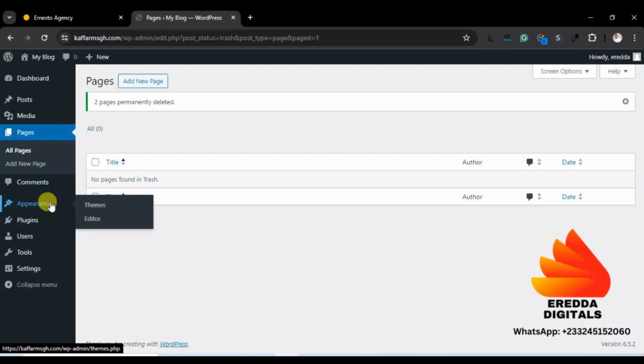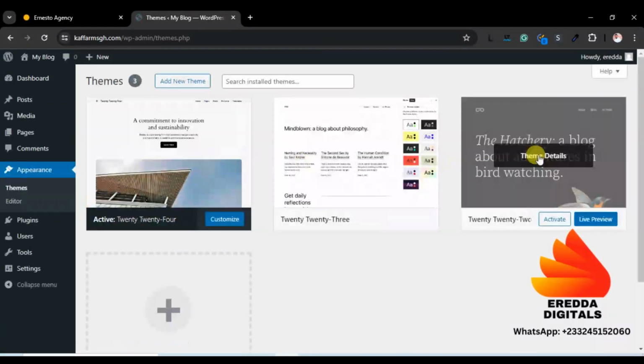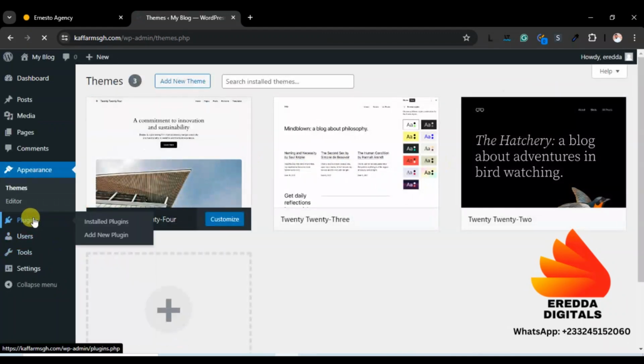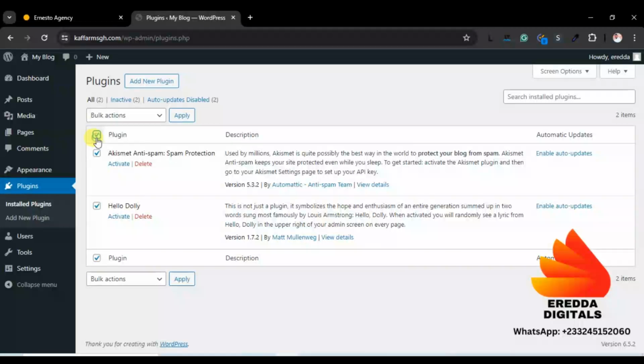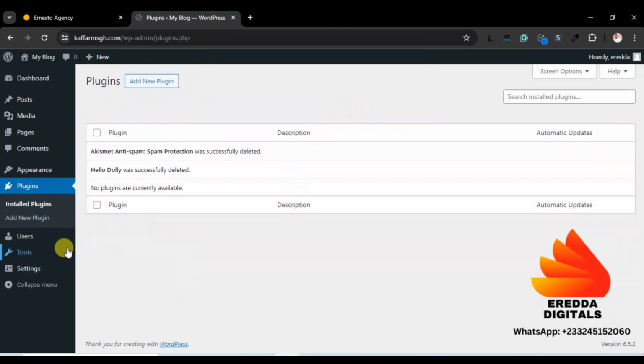themes. Okay, good. And here too, we can delete unwanted themes and plugins. I can just select here and delete all these unwanted plugins. Okay, good. And then the last thing that we need to do, which is very, very important, go to